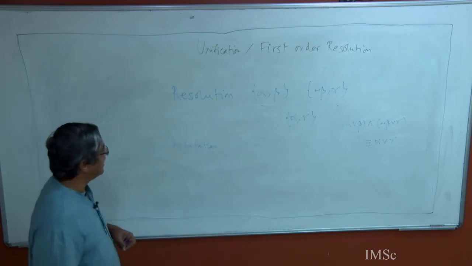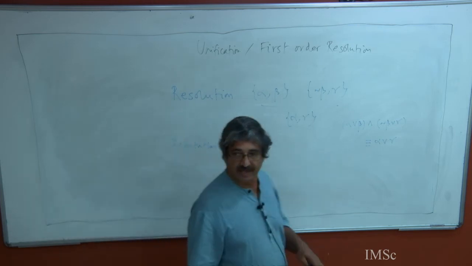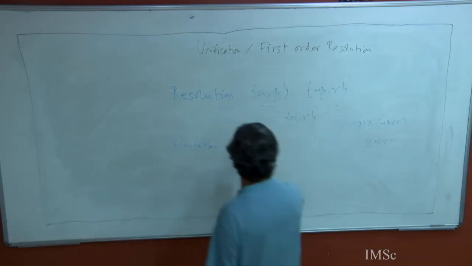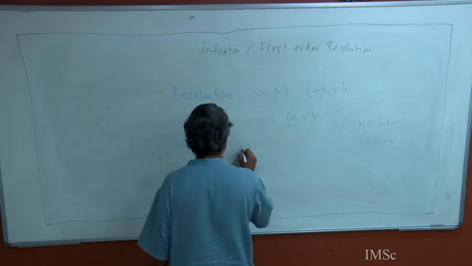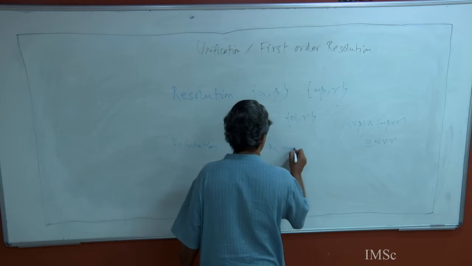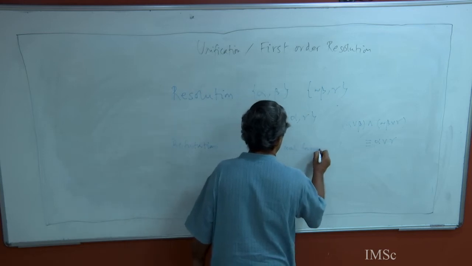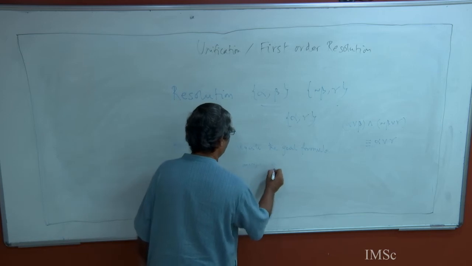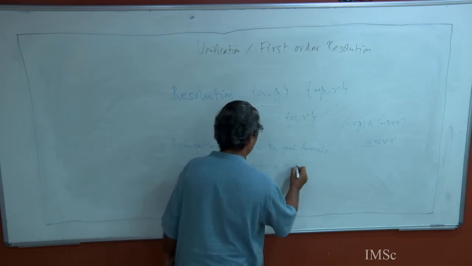for refutation, you want to prove something, you start with the negation of that formula. So, negate the goal formula, convert to CNF, conjunctive normal form,